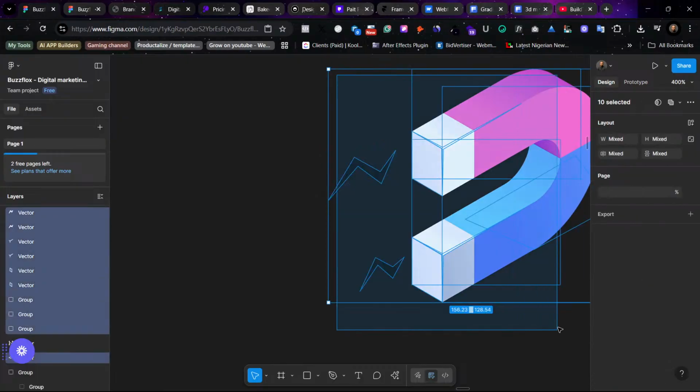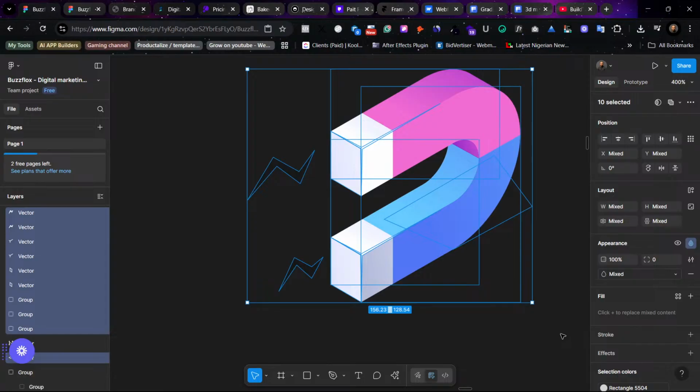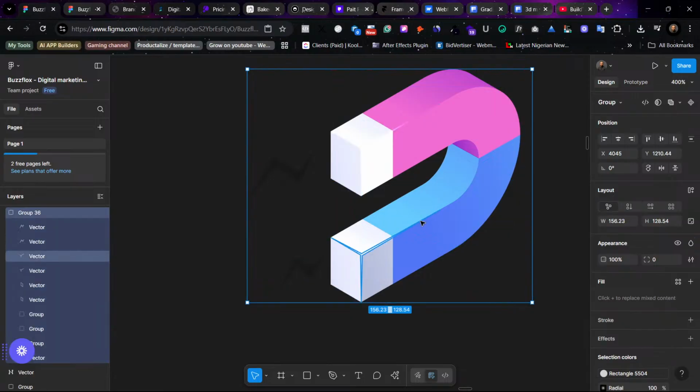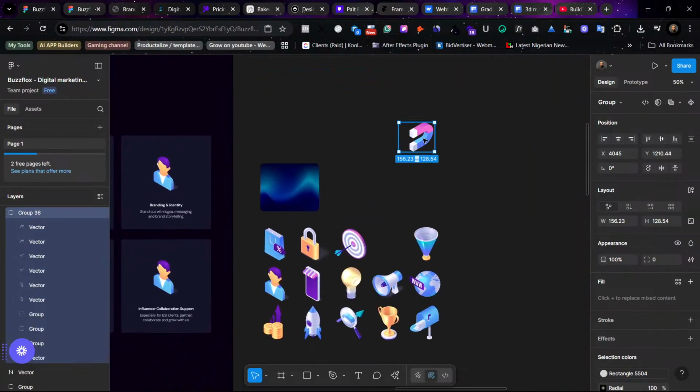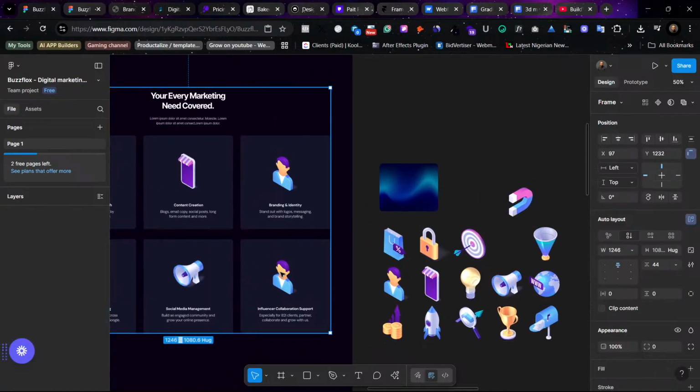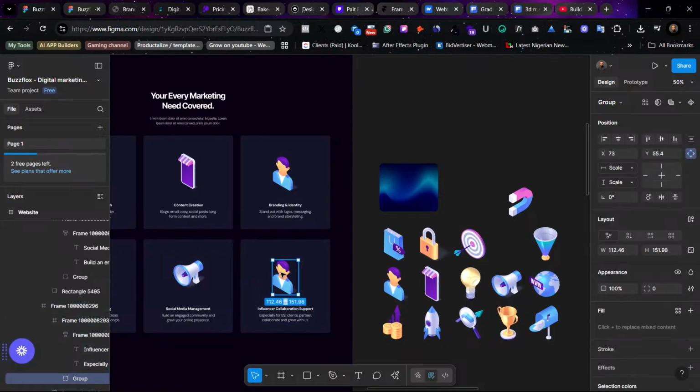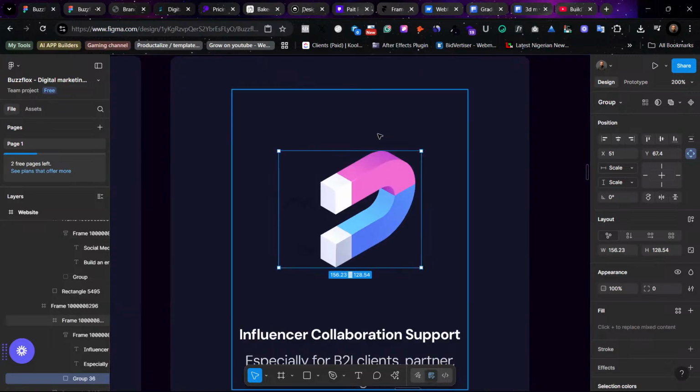Okay. So I'm going to select everything here, then I'm going to group them. So this is the good thing with, what do they call them? SVGs. So copy, paste to replace. So now I'm going to give these things